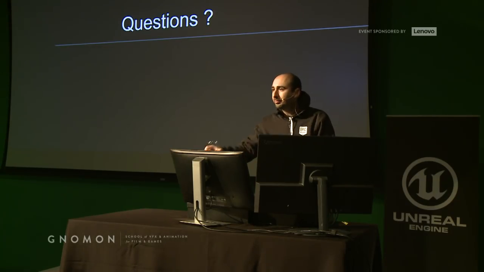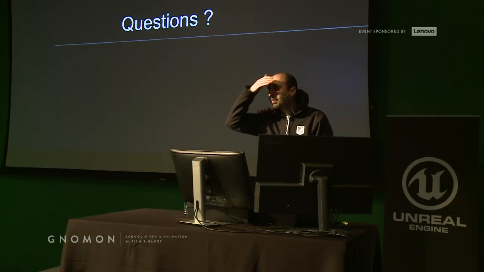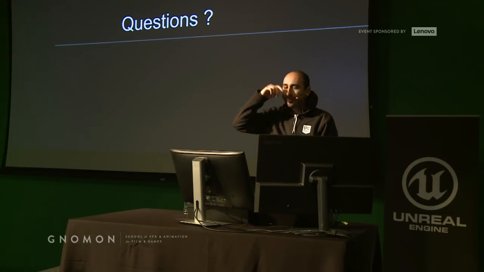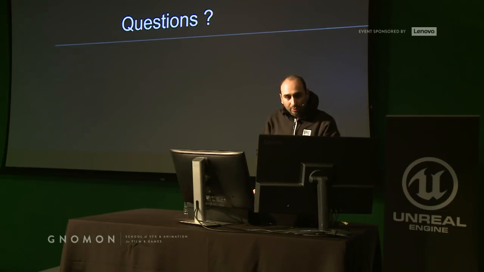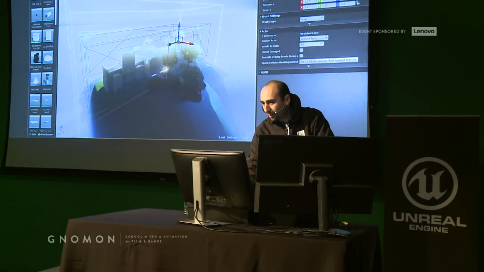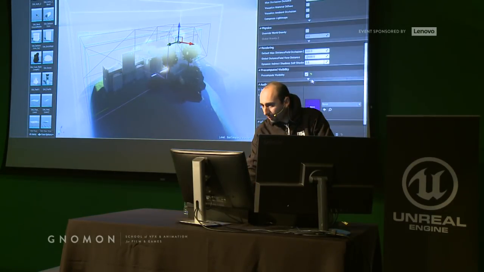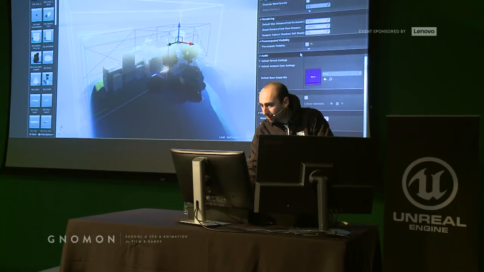Is there any way to get access to the light-baked maps outside of Unreal? There is a way to access them inside Unreal, actually. So let me show you that here. If you go to the light map settings,